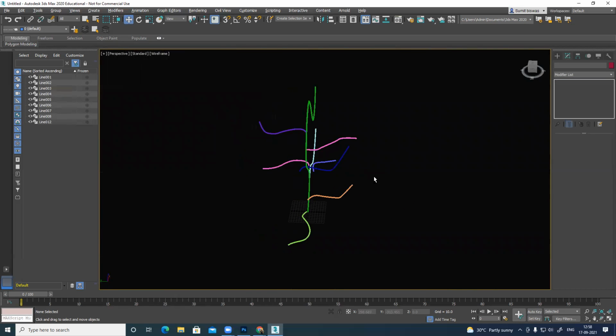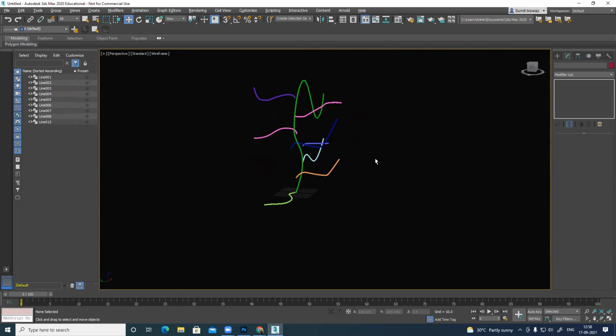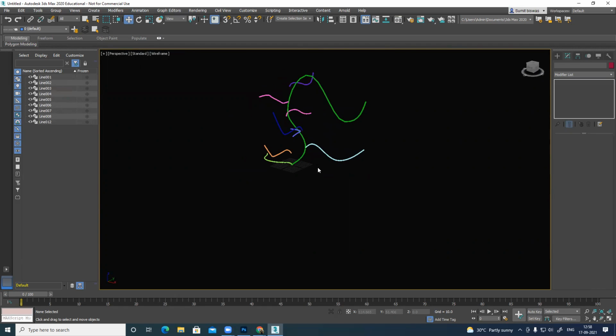Delete this, and then I want to create this foliage. It looks like a really weird plant.